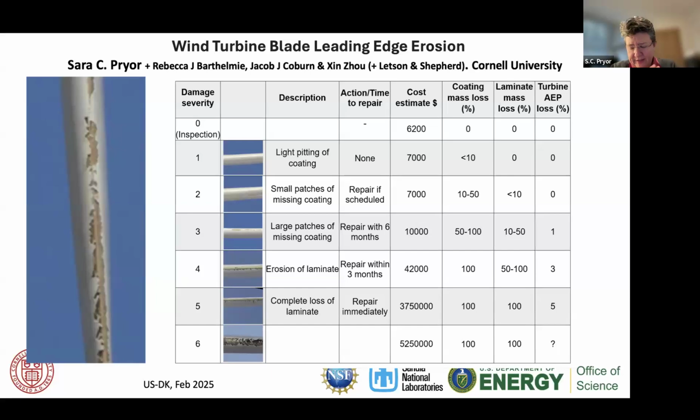Thanks very much, and thanks to everybody for spending time with us today. Just to make sure we're all on the same page, when we talk about wind turbine blade leading edge erosion, we are talking about mass loss. If we look at this photograph on the left-hand side here, you can see a wind turbine blade, and you can see that there has been mass loss from the blade,